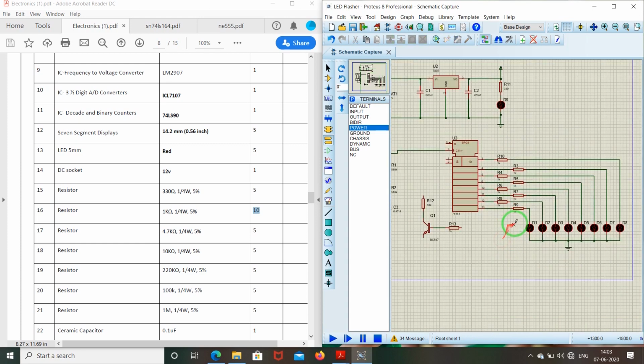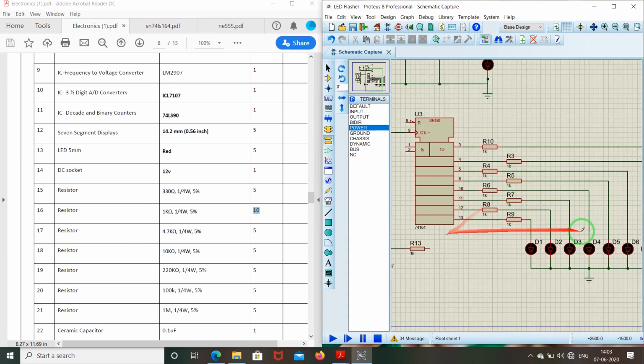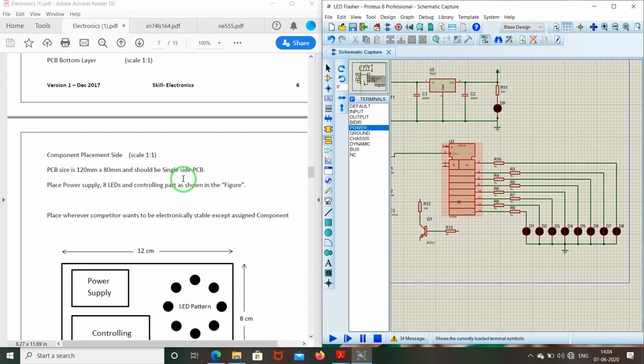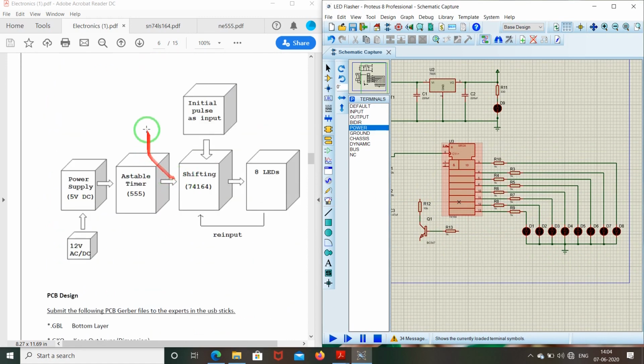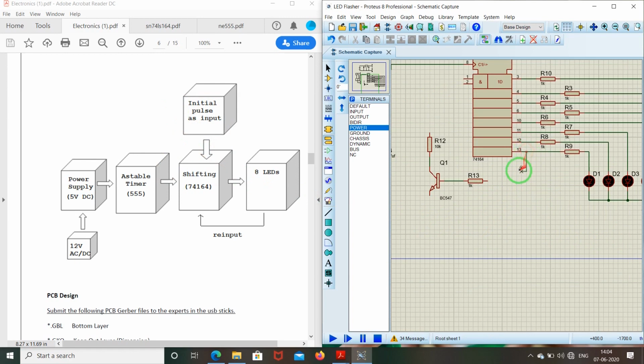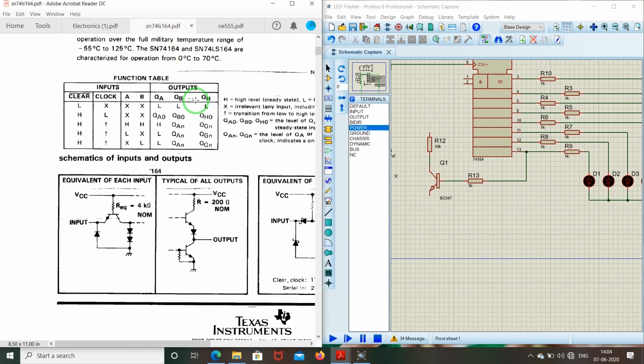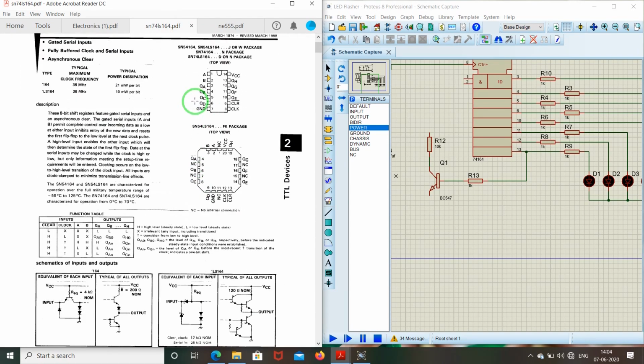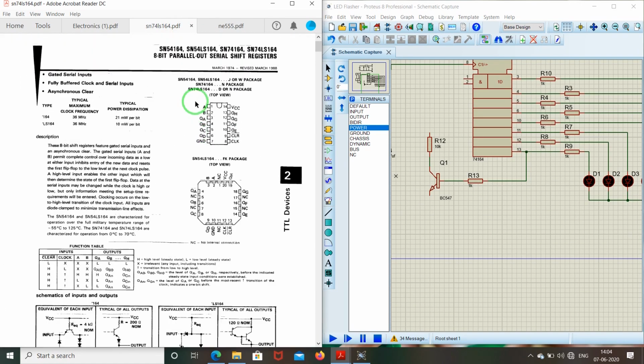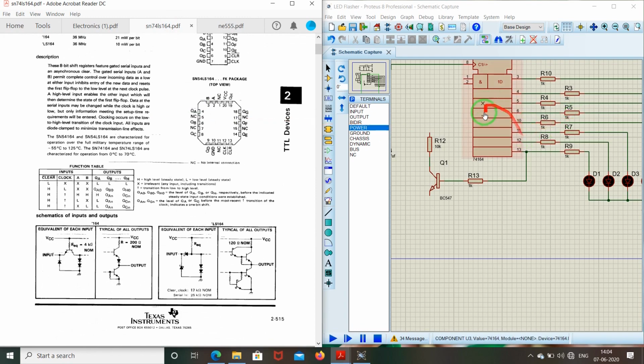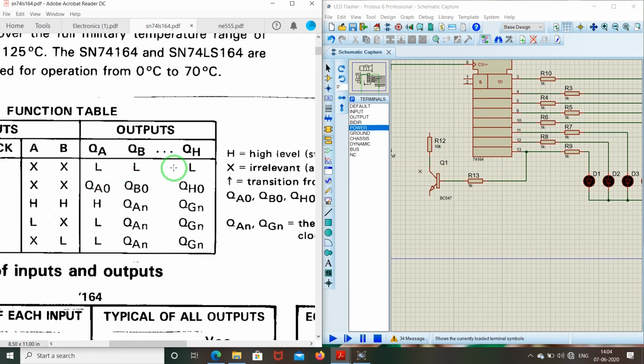I have given all the values to these components, and now I will go to the block diagram and design this initial pulse as input. Okay, let's go to the datasheet of the 74164. When the 74164 starts, all the inputs are low by default.